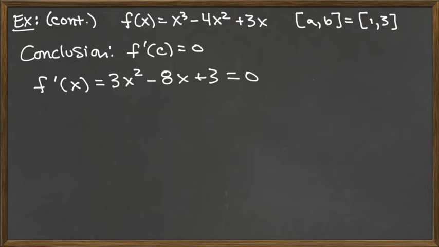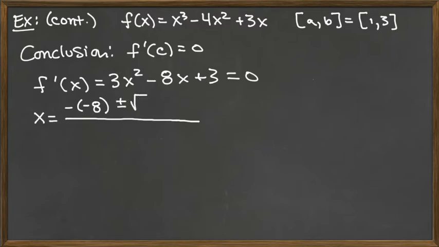And for this one, we could think about whether or not it would factor, but I don't see it right off, and it turns out that it doesn't factor nicely. So let's go ahead and use the quadratic formula. So for the quadratic formula, we would have x is equal to negative b, so negative the negative 8, plus or minus the square root,